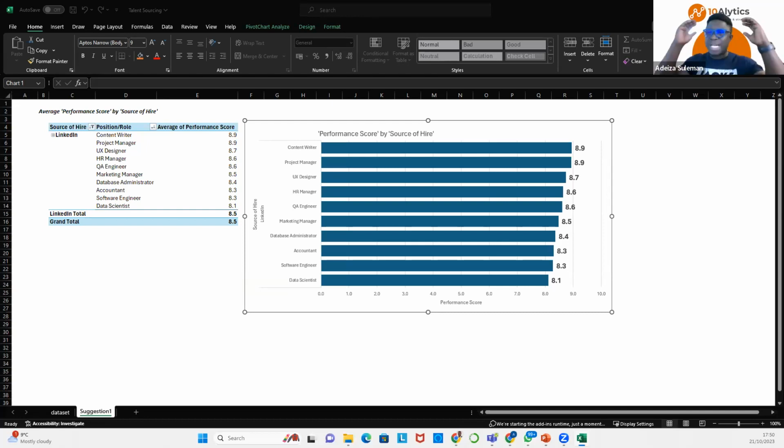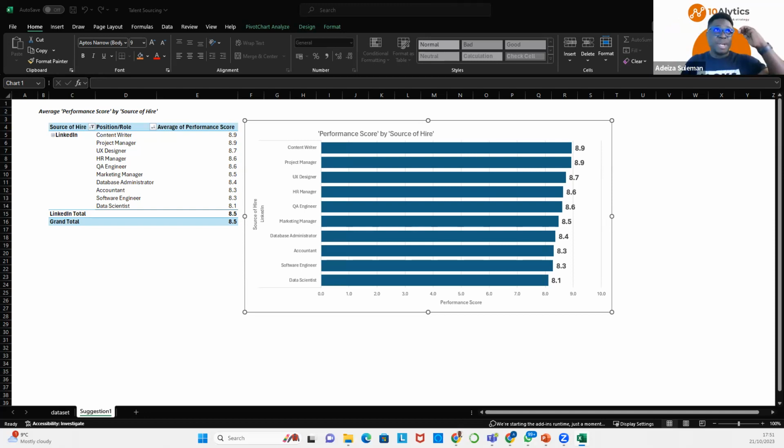First of all, we looked at the source of hire and we saw that LinkedIn gives us the highest at 8.5. People that come from LinkedIn, the average performance is 8.5. But let's drill into it a little bit. Even from LinkedIn, let's assume the top 3 roles we should focus on, we drill down a little bit using the positions.